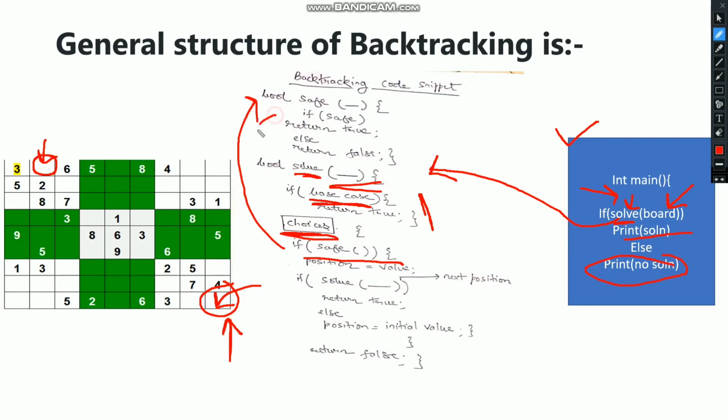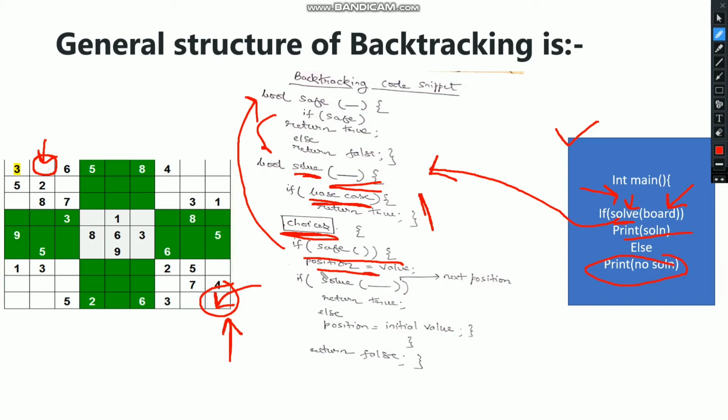It will contain the rules: if the number satisfies them, with no duplication in the row, no duplication in the column and in the grid, then it's safe. We can put the number in this position. If safe returns true, your position will have the value.